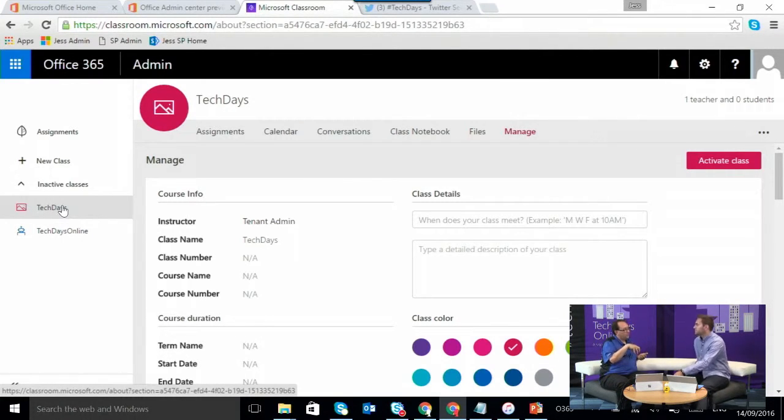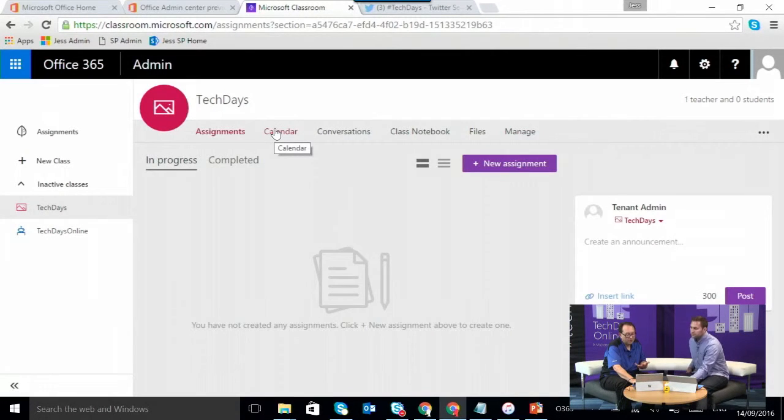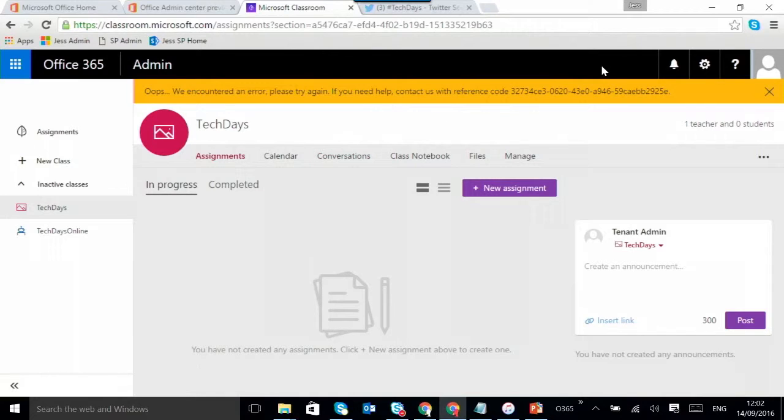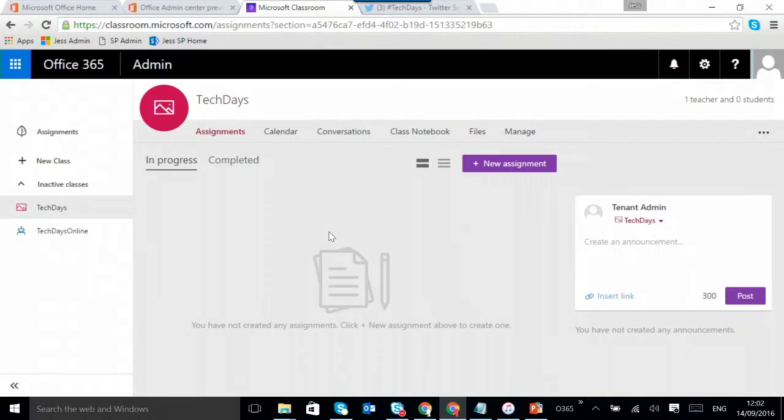And the thing it works on is actually Office 365 groups. So Wes earlier on showed you all about Office 365 groups and how they're changing, and that's what's in the background of this. So a group is basically the classroom. And as you can see from this here, this is where you can have your assignments. At the moment, this one's not got anything in. You've got your calendar, conversations. So straight away from what Wes showed you, you can see that apart from the assignments, and you'll have to excuse the orange bar, there seems to be some education issues. Education services is having a problem at the moment. Which is not helpful.